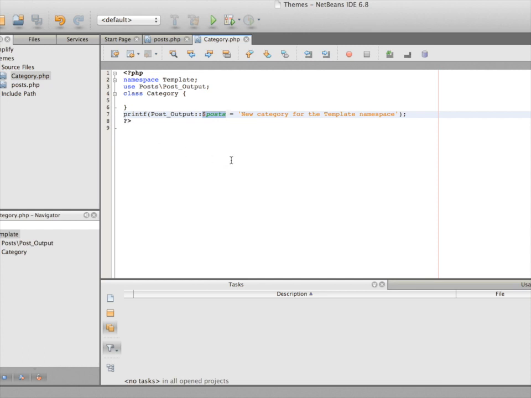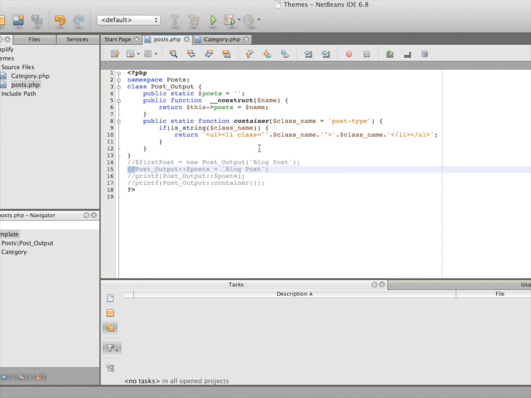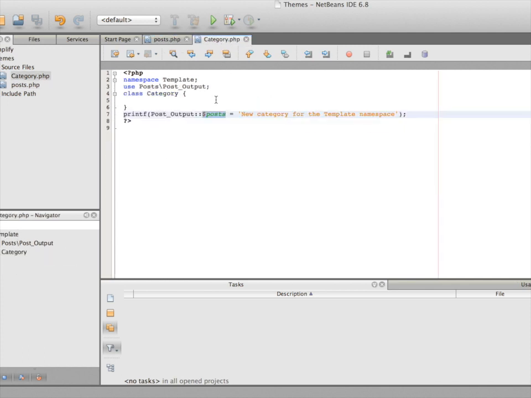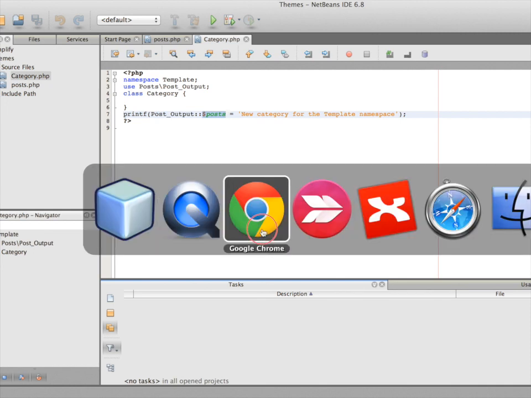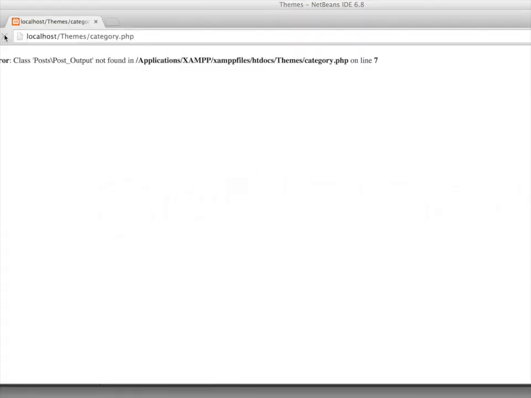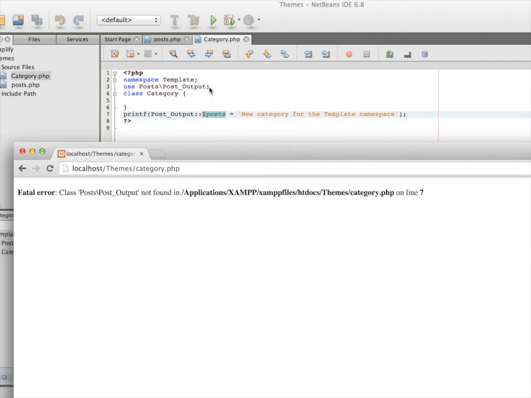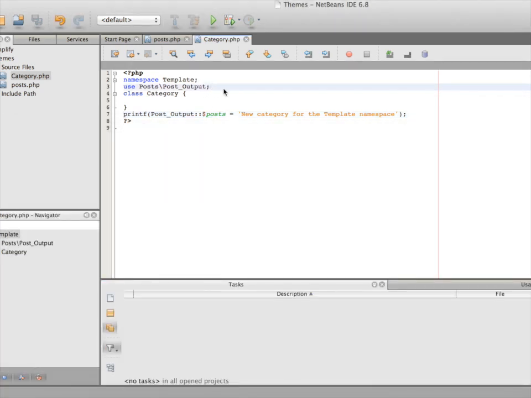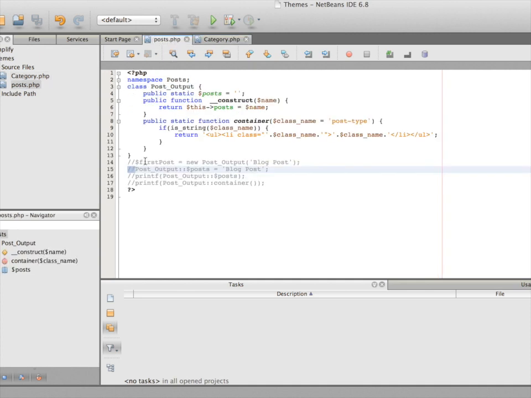Then we are going to print this out on our browser. Now let's save this too, and let's bring up the browser. Oh, I haven't mentioned one thing. Now you might be thinking that this use keyword is actually importing all those functionality from the post output class that is stored inside the